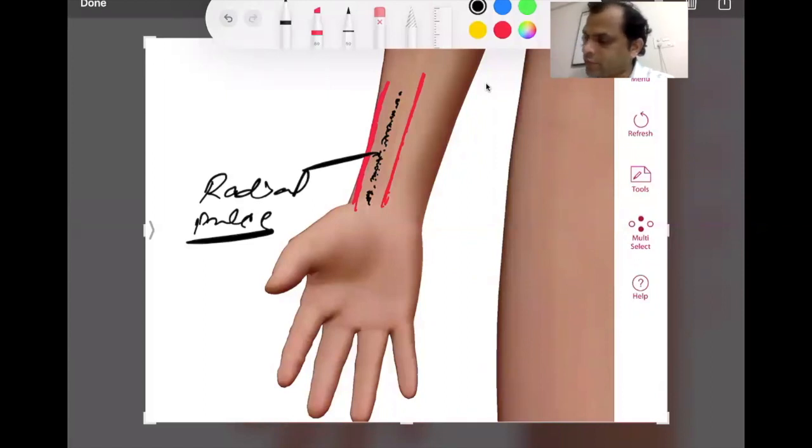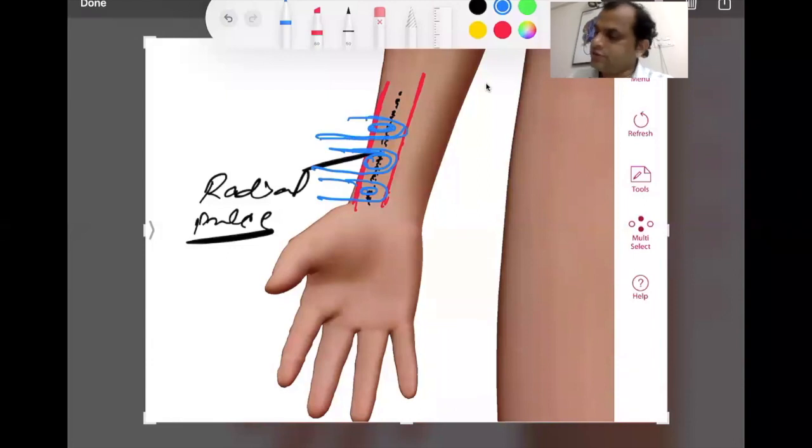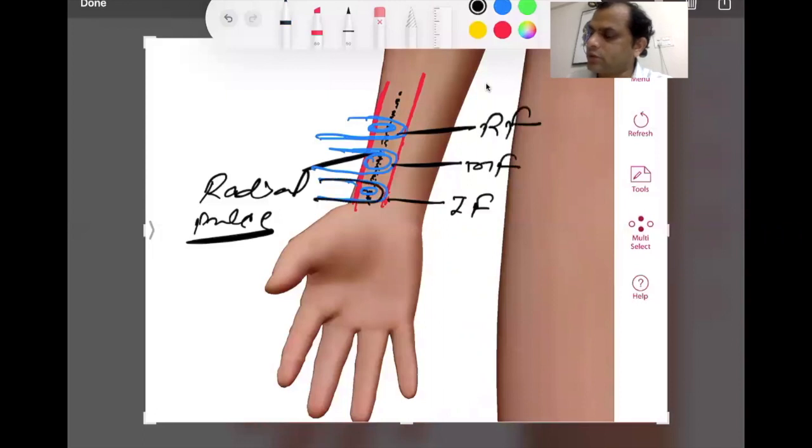So we keep our one finger here. We keep our second finger here. And we keep our third finger here. So we keep index finger here. We keep middle finger here. And we keep ring finger here. इस तरह से यहाँ पर हम 3 उंगलियों को रखते हैं